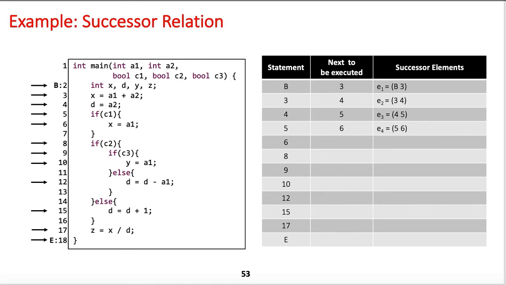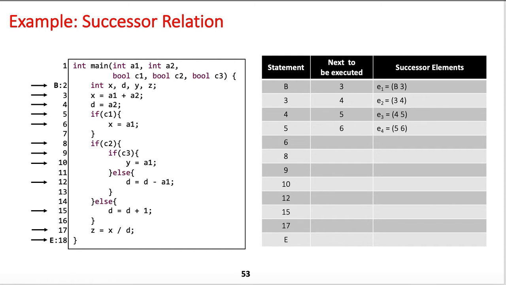Recall that the DBZ example has 6 behaviors, out of which 2 behaviors lead to the vulnerability division by 0. So let's now see how to define a set of equations and then derive the compact representation for behaviors.